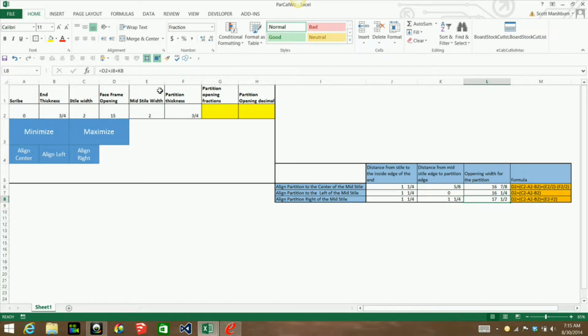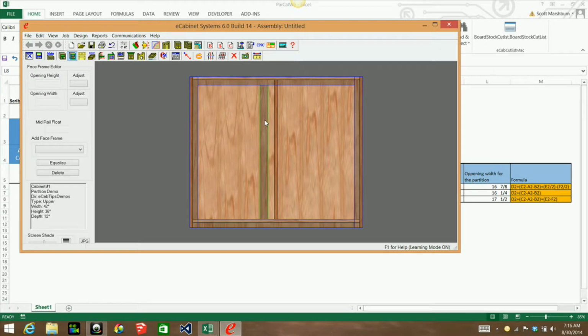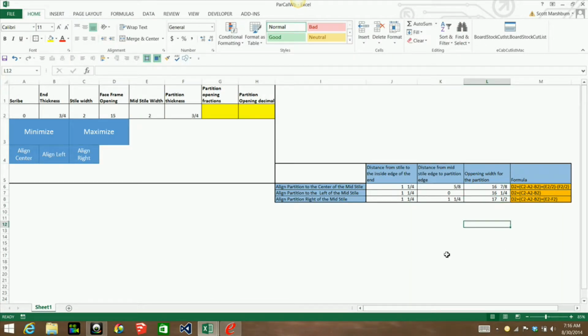And then we just take our frame opening width plus this one plus this one, and it comes up with that. And when we combine it, this is what the formula looks like. D2 opening width plus C2 stile width minus our scribe minus our end thickness plus our mid-stile width minus our partition thickness, which comes up with the opening width that we need in order to put that partition to the right side of this stile. So with that being said, we need to